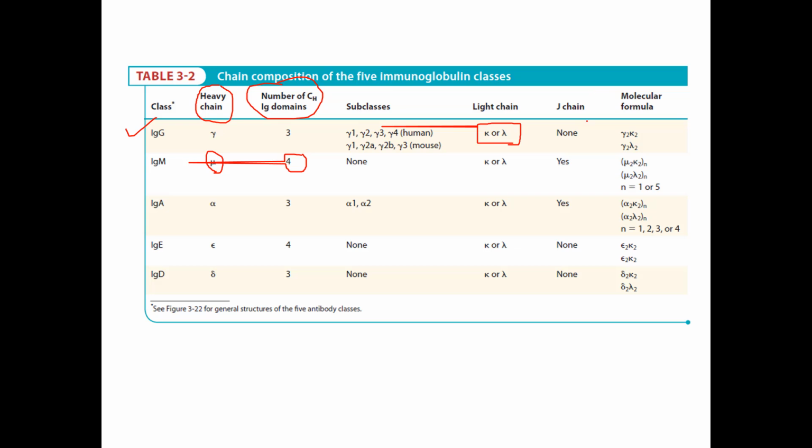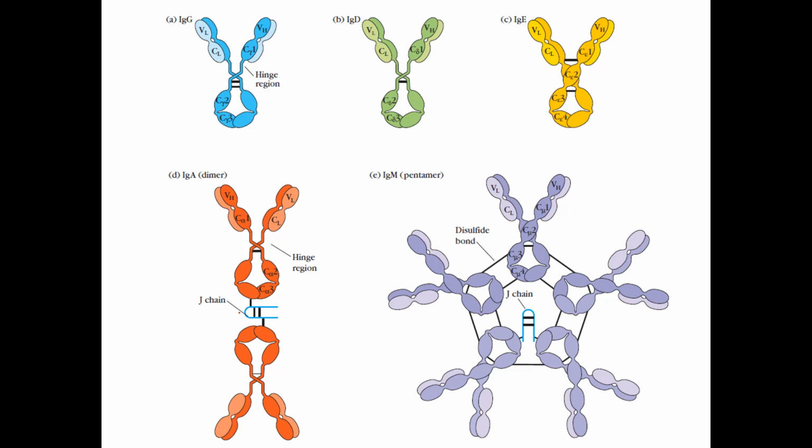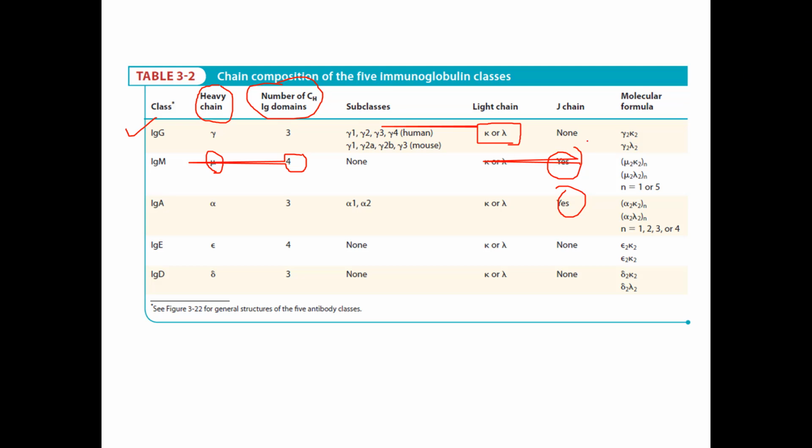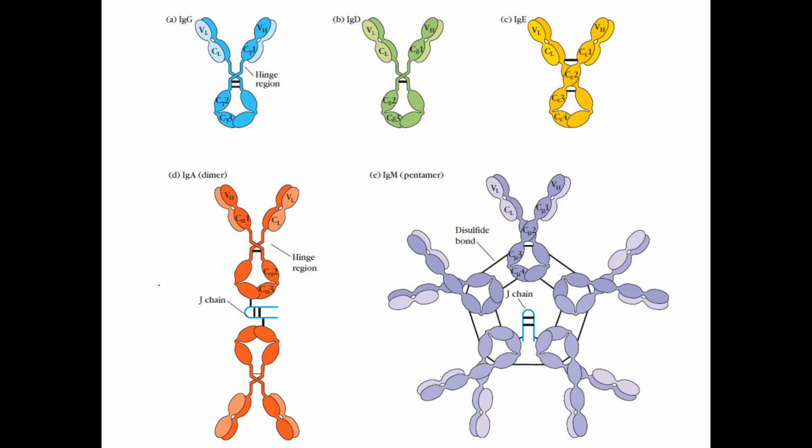Also, some of the immunoglobulins consist of a J chain, or a joining chain. These are present in IgM as well as IgA antibodies only. And why are they present? Because IgG, IgD, and IgE do not consist of a joining chain, they exist as monomeric forms only. But IgM and IgA, as they consist of a joining chain,